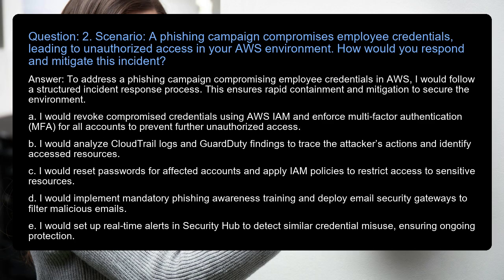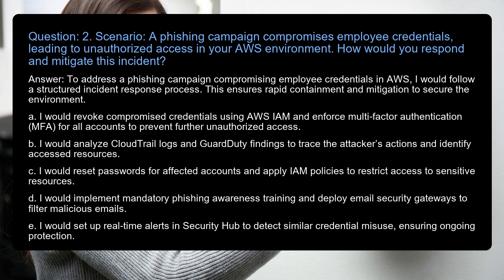Question 2. Scenario: a phishing campaign compromises employee credentials, leading to unauthorized access in your AWS environment. How would you respond and mitigate this incident? To address a phishing campaign compromising employee credentials in AWS, I would follow a structured incident response process. This ensures rapid containment and mitigation to secure the environment. A. I would revoke compromised credentials using AWS IAM and enforce multi-factor authentication, MFA, for all accounts to prevent further